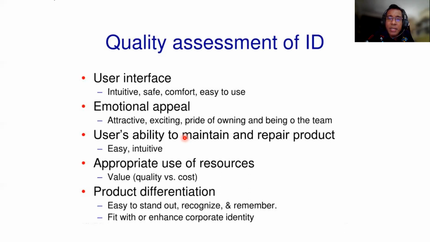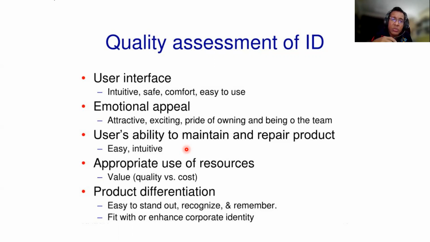And then number 3 is ability to maintain or repair the product. So this is a ranking of how easy the product is to maintain or repair. Because when we use a product, we are always thinking about the warranties and the maintenance. So that is very much a concern among us when we buy a product. So the ability to maintain and repair is very important.